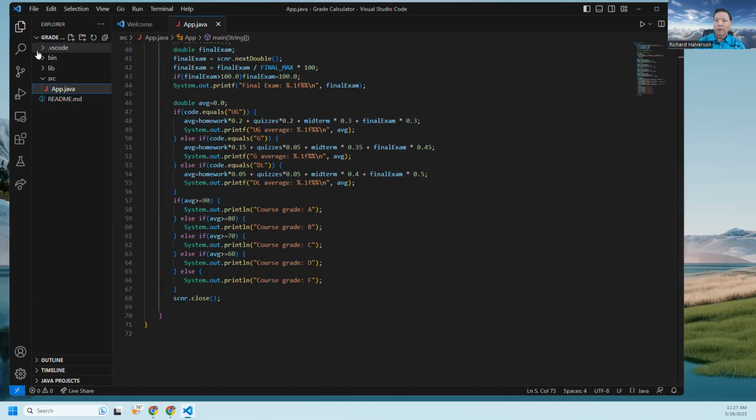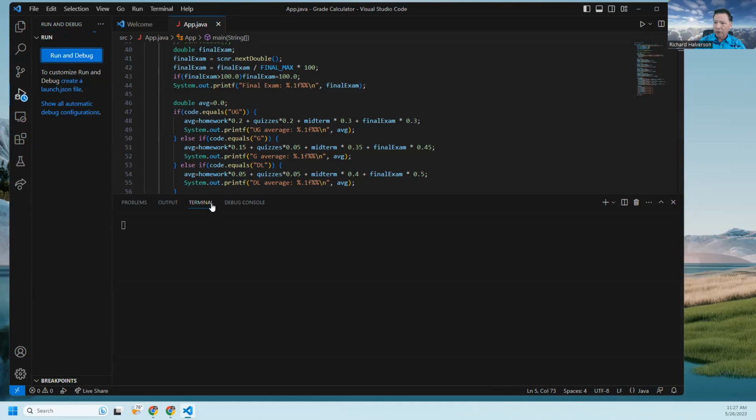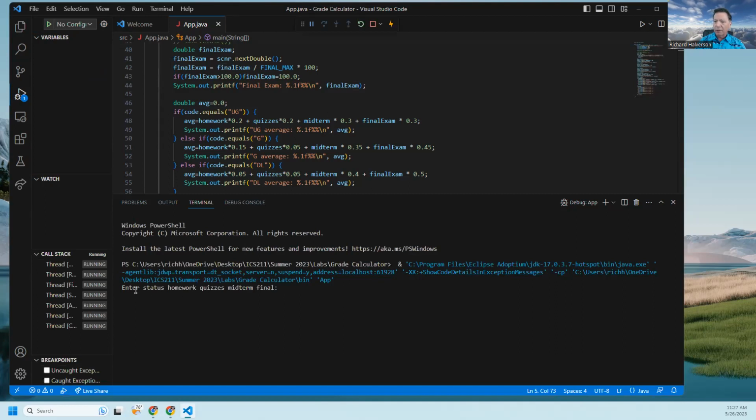All right, let's run this. How do I run it? Let's move down, I think it's this one here. Okay, run and debug. Okay, what's happening? Oh, the terminal pops up and it runs it. And here's the prompt. Enter status homework quizzes midterm final. So I'm going to enter,